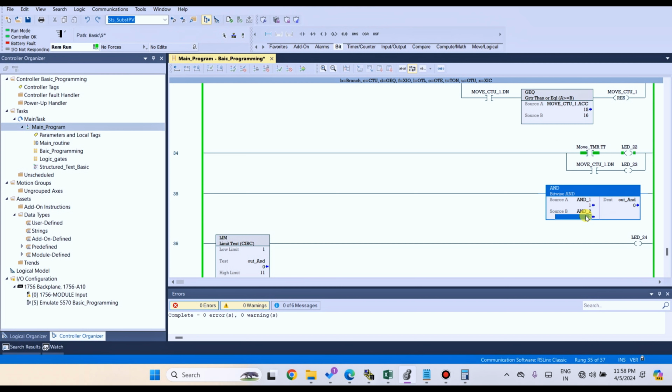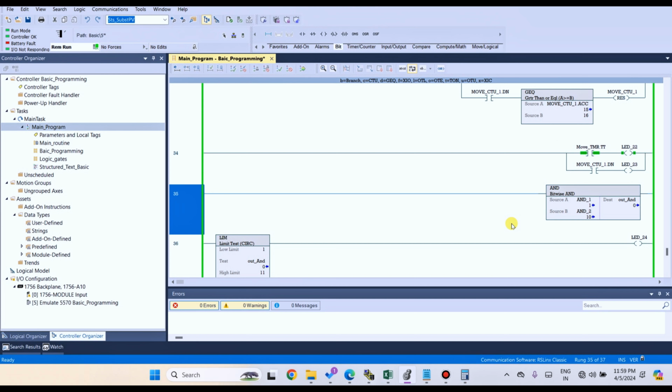One number on and one number off: when source B is 1, the output is on. When source B is 3, the output will be 1. When source B is 4, the output will be off. Source B is 5, output on. 6 off, 7 on, 8 off, 9 on, 10 off.